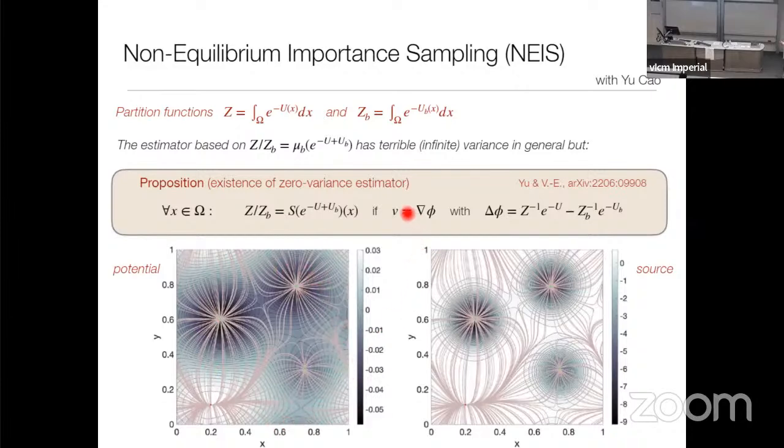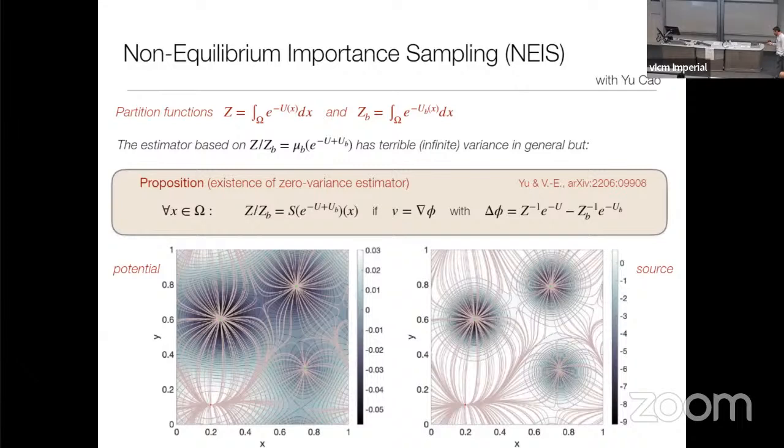And then if you look at the flow lines of this velocity field, they are the lines that are identical on both pictures, and they always go from the red dot to one of the green dots. Okay. What the statement says is that you can pick any point in the torus and do the time average over one of these trajectories, say the one that goes through here. And that will give you the right value of the ratio of the partition function for one of them.